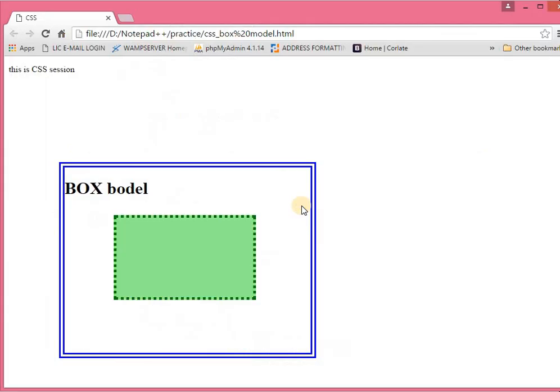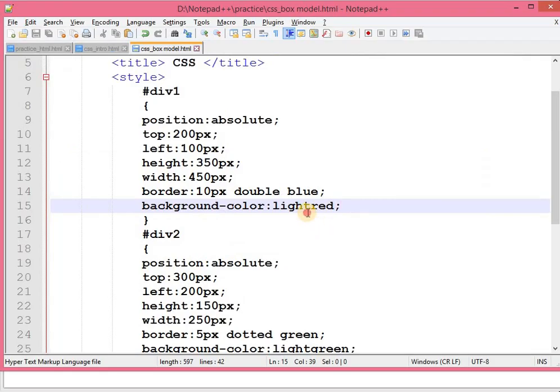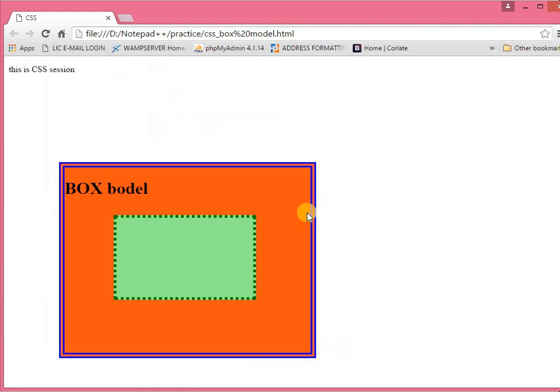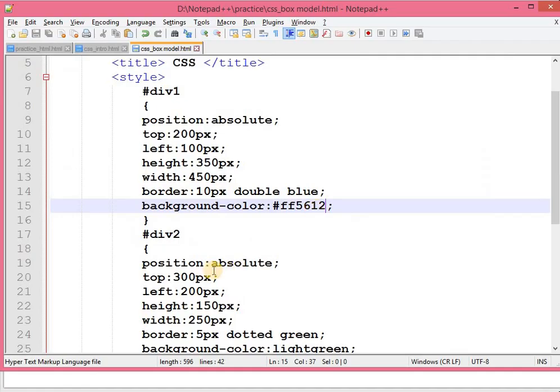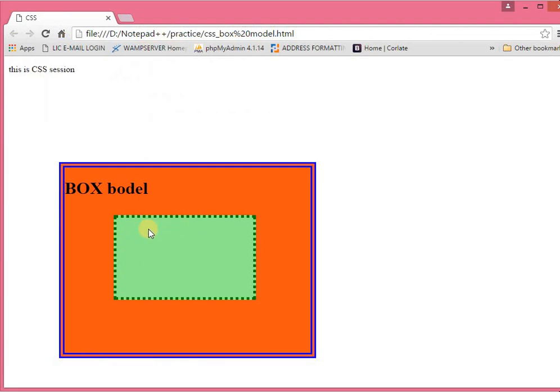Save it. Okay, that was not actually color. Okay, I can use this also, FF4512. Save it. Okay, got it. Now this is your inner div tag and this is your outer div tag.